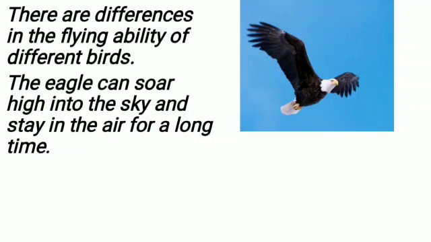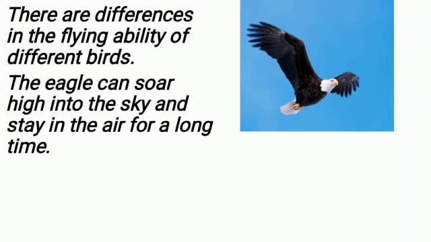Students, there are differences in the ability of flying of birds. We are learning about the classification of animals. In that, we are learning about the birds. Observe this picture of an eagle. The eagle can soar high into the sky and stay in the air for a long time. It means the structure of its body is different. Because of that body structure, the eagle can fly high in the sky and it can stay for a long time